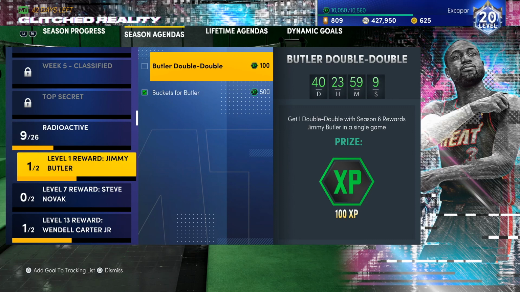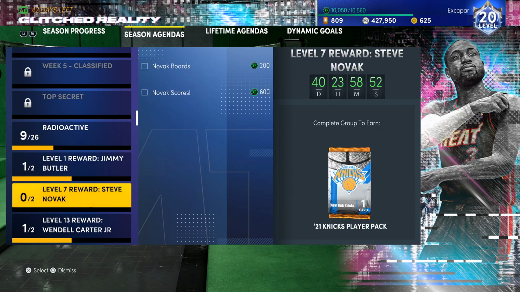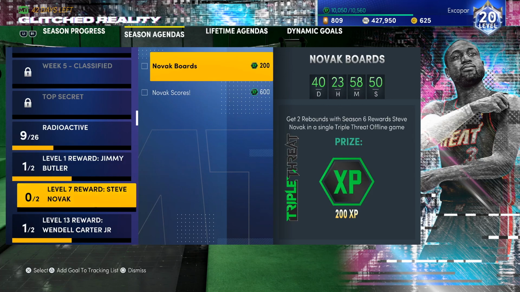But what I recommend is getting 10 quick points with Jimmy Butler, because in most games of domination, especially if you do rookie, it'll be pretty easy to drop a bunch of points. You can get like 130 in a game sometimes if you want to. So easy one right there. You can't do this other one for Jimmy. That's a triple threat offline. But either way, then you are going to make sure that those 10 assists that you're getting with Jimmy Butler